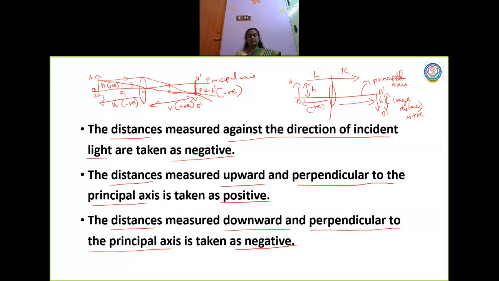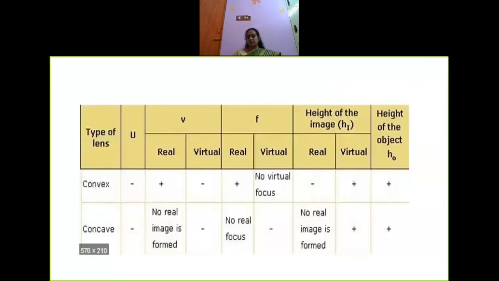This is a very, very important topic. You have to learn this today. Image formation and Cartesian convention are considered very, very important. I have tabularized it, there is a tabular column here. U is object distance and v is image distance. For a convex lens, the object is always to the left side, so the u value will be negative.